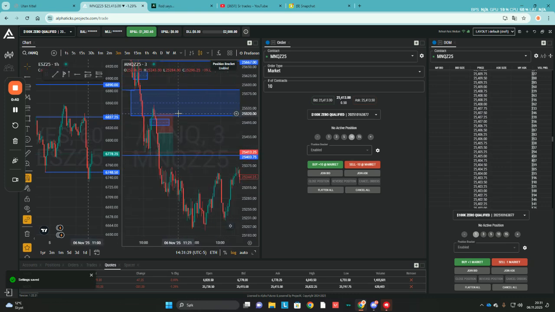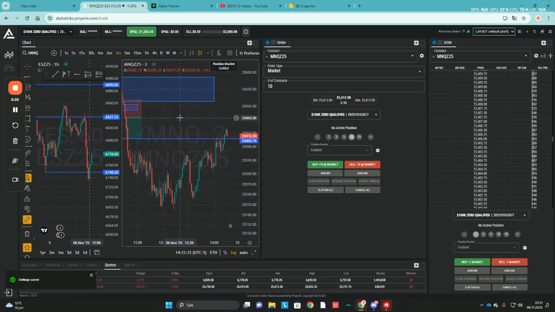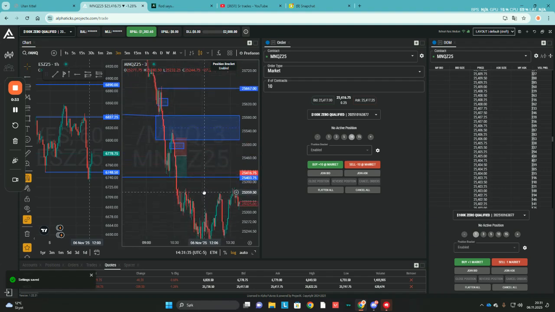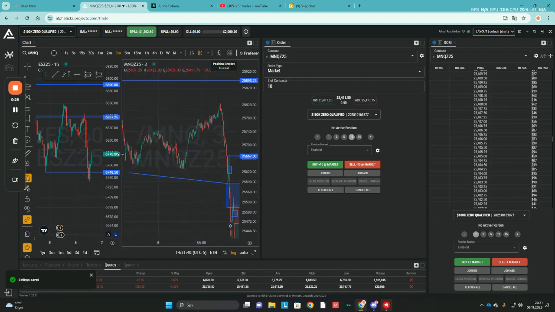If you don't understand, I can make maybe a model where I explain why I took the trade and how my entries go. So I can just try to explain this in 30 seconds.